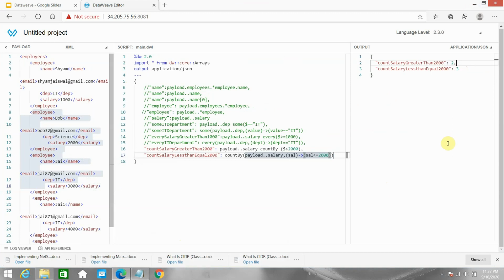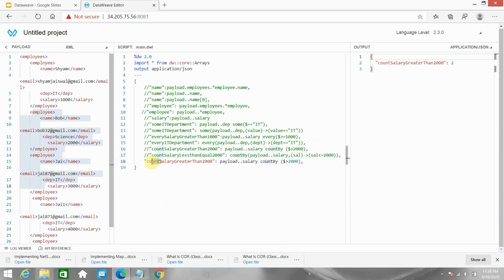Now I want to sum the employee salaries whose salary is greater than 2000. I will copy this function and comment this out.